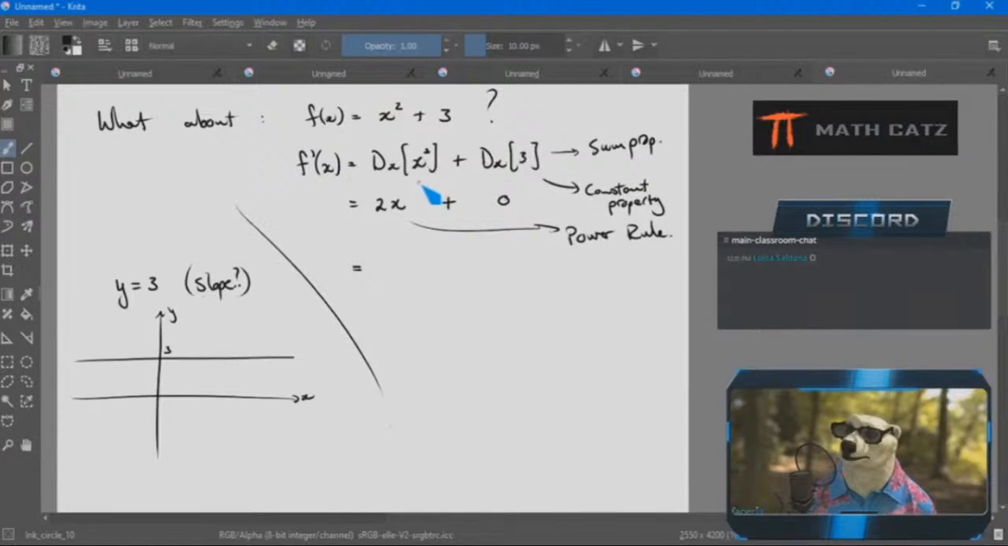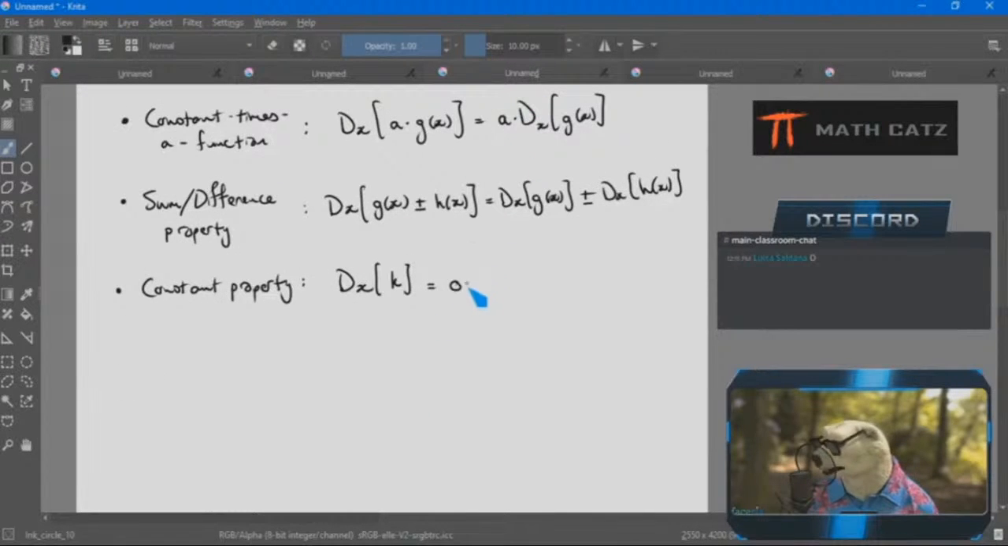Then I could look at them in isolation. Well, the first term was just the power of x. Power rule handles that. The next term was a constant. I now have a constant property that handles that, and I can simplify it and be done. So all of these come together,